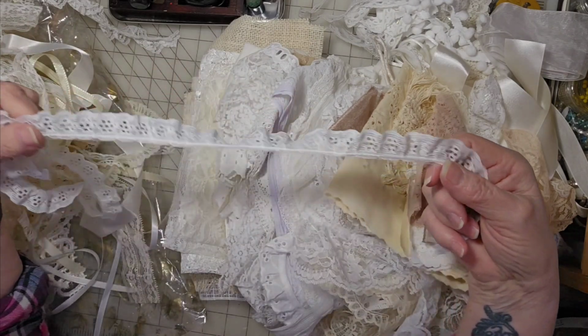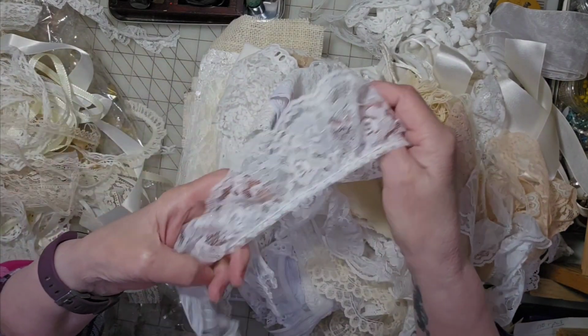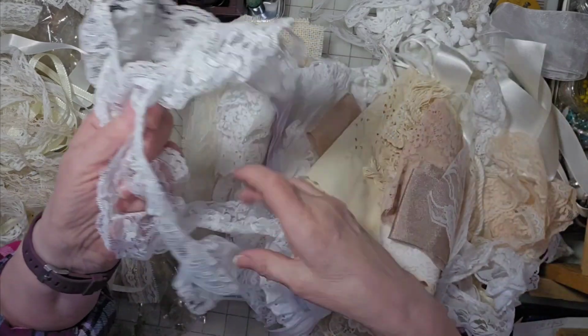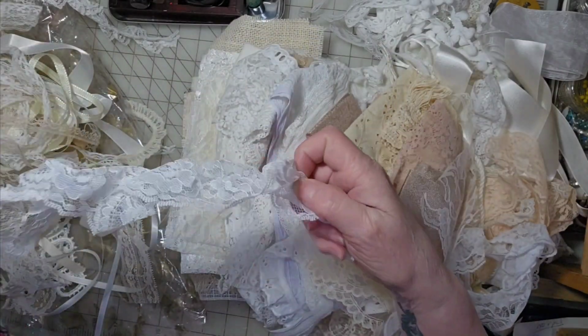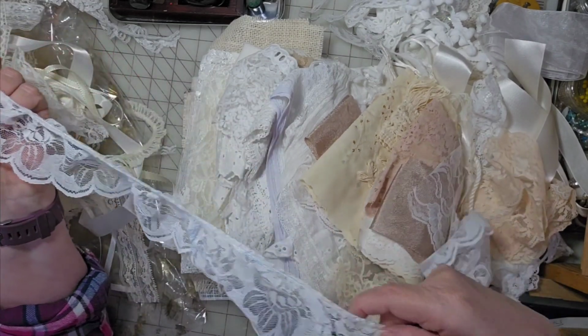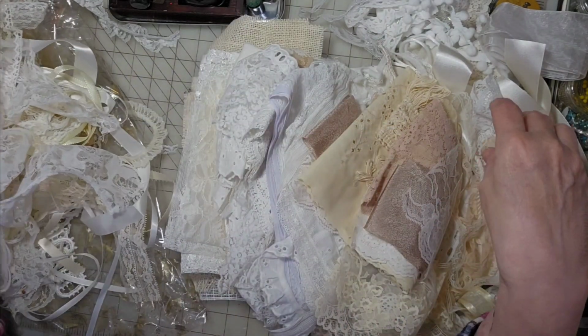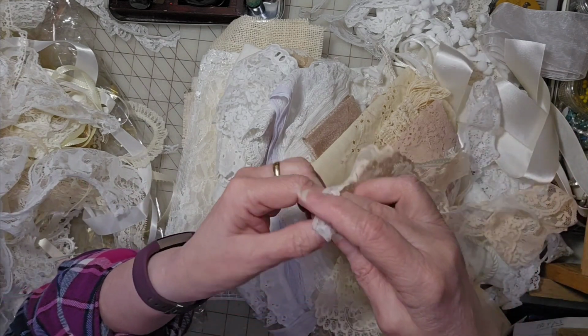Another pretty lace here. Here's another gathered one. So you can see there is a lot here. I had lots of fun putting these together. Just crazy. Now some of these, like I said, are vintage, so there might be a little bit of flaws